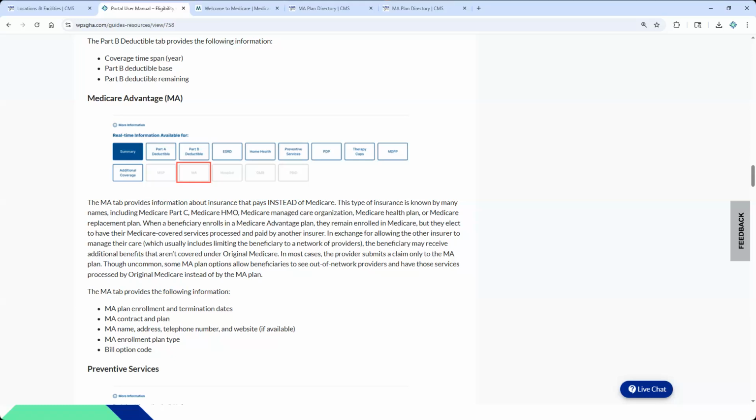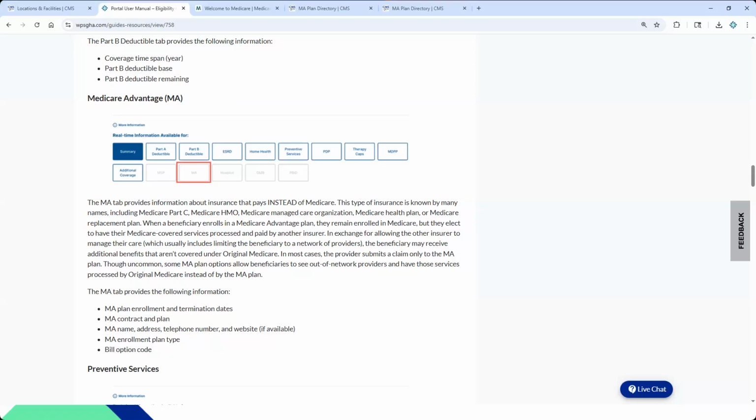Okay, so if you've checked eligibility and it's wrong, what do you do? Well, here's where you have to stop. If you bill us and it says there's an MA plan on file, we're not going to be able to pay that claim. If you bill us and there is no MA plan on file, but there should be, we're going to pay the claim. But as soon as that file is updated, what's going to happen? You're going to get an unsolicited response to the common working file, which is then going to send something to us saying, hey, take that money back. So you want to make sure everything is current and accurate before you bill it.